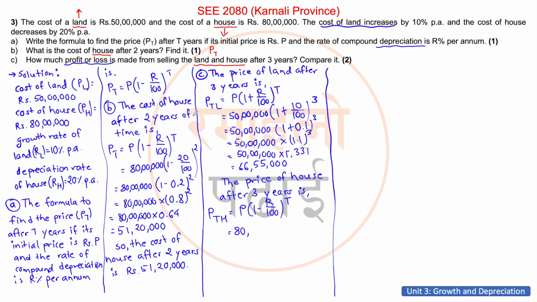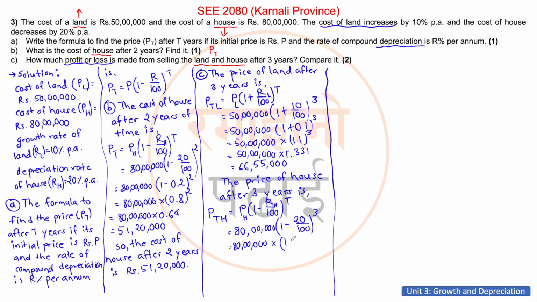Oh, what I must write is the price of land, initial price of land is PL, the rate of growth for land is RL, the initial price of house is PH, the rate of depreciation for the house is RH. Now I will make it here also the cost of house, so initial price of house and rate of depreciation of the house. Okay, PH is equals to 80 lakh times (1 minus, we have RH is equals to 20% upon 100) power T time is equals to 3 years, is equals to 80 lakh